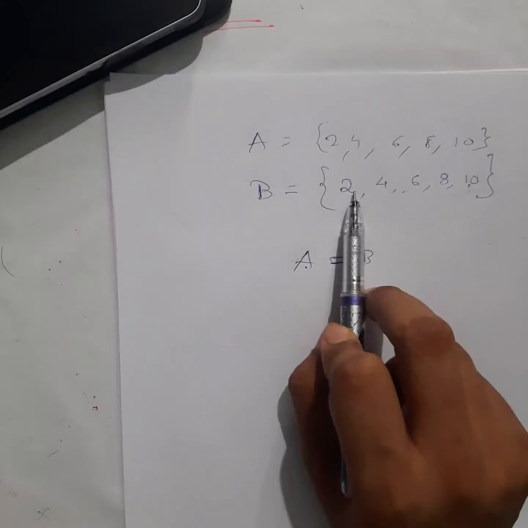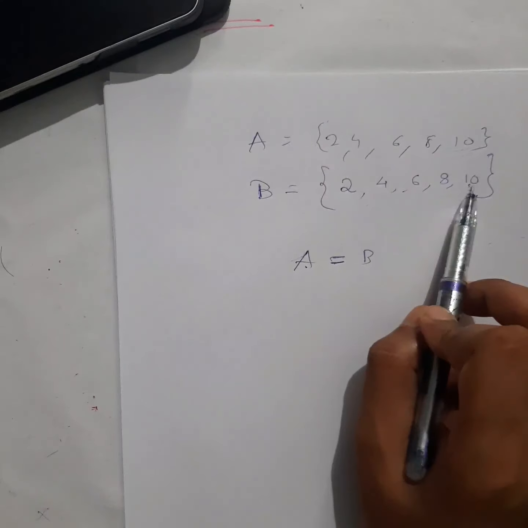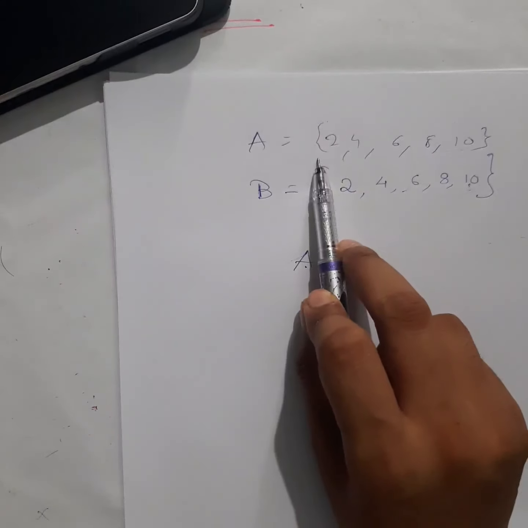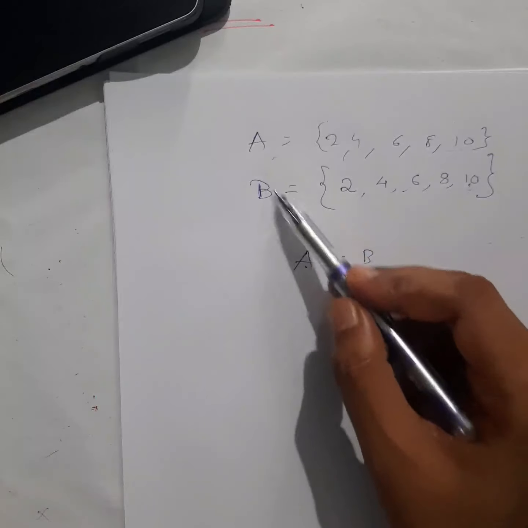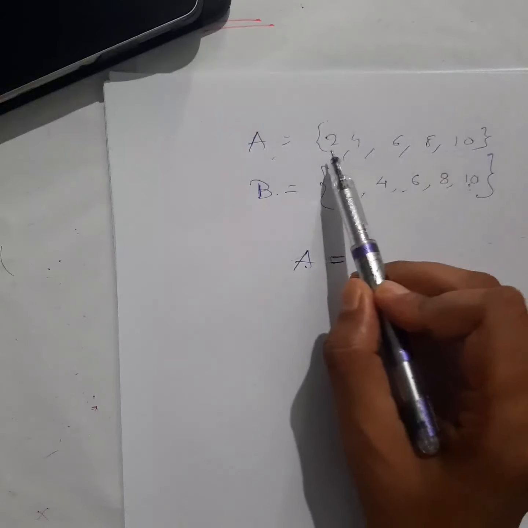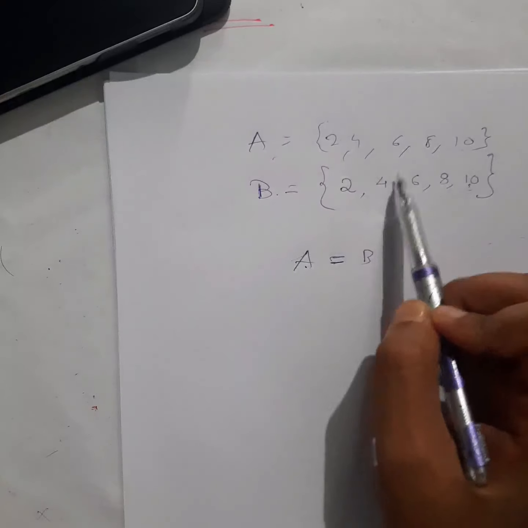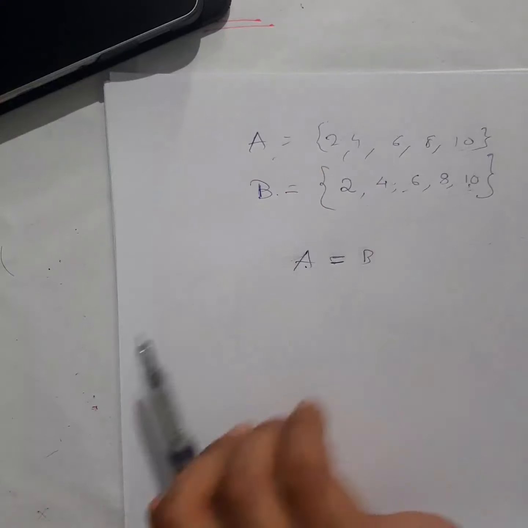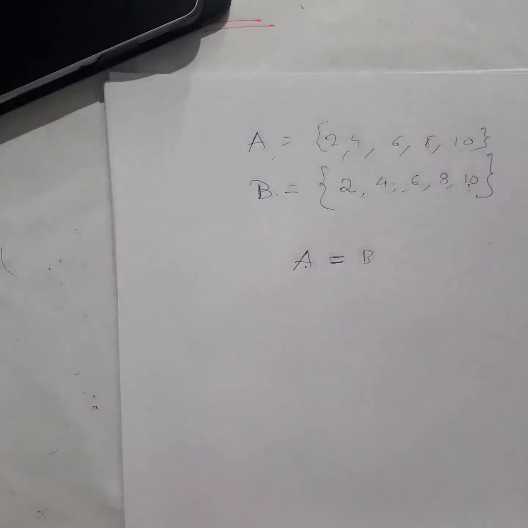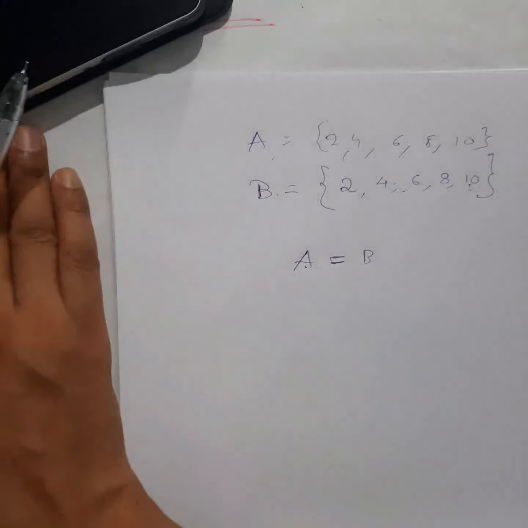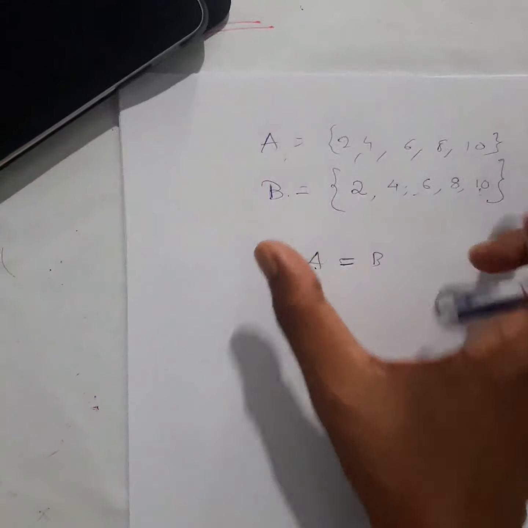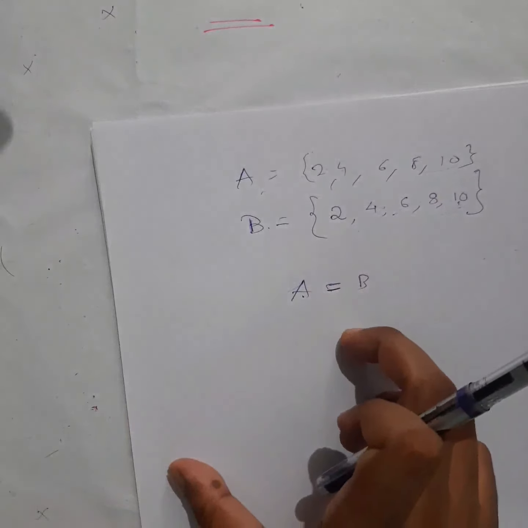How many elements are there? 1, 2, 3, 4, 5. Here also 1, 2, 3, 4, 5. Okay, for sets to be equal, they must satisfy two conditions. What are those? The number of elements must be the same and the same elements must be there. Okay, no different elements. That kind of set is said to be an equal set. Now why I am putting stress here, you will understand when I discuss subset. Okay,